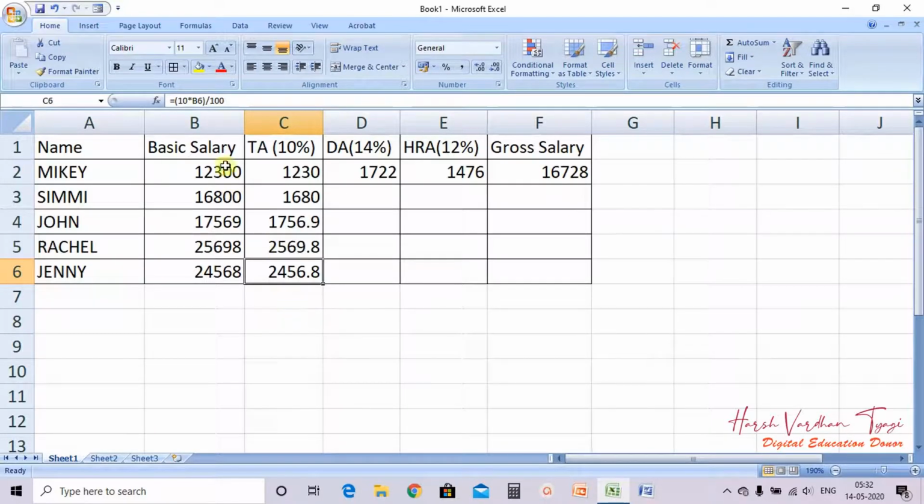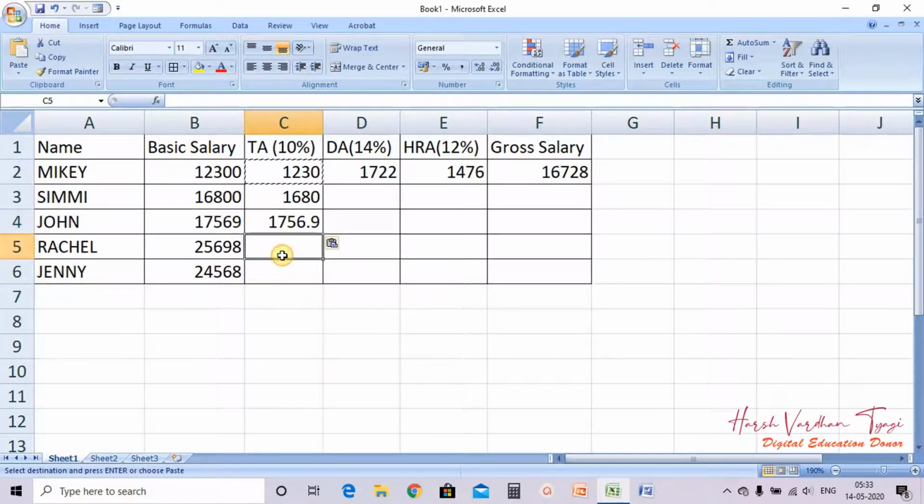See here, the cell address B2 belongs to column B and row 2. Then in this cell it automatically gets updated. Again let me give you an example. I am deleting all these values. Again I am copying this formula and pasting it here, Control V. So automatically the cell reference has moved from B2 to B3. If I paste it here, then B4.